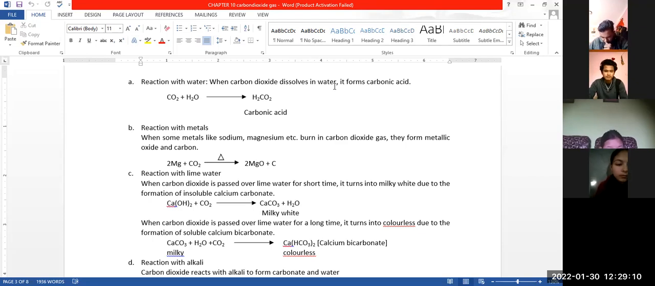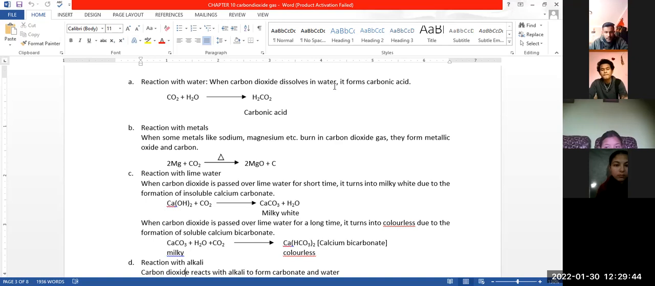Ca(OH)2. This is lime water. The molecular formula of lime water is Ca(OH)2. Plus, when carbon dioxide is passed here, it forms calcium carbonate, CaCO3, which is milky white, and water is also produced. But when carbon dioxide is further passed into this mixture, into the lime water, then it